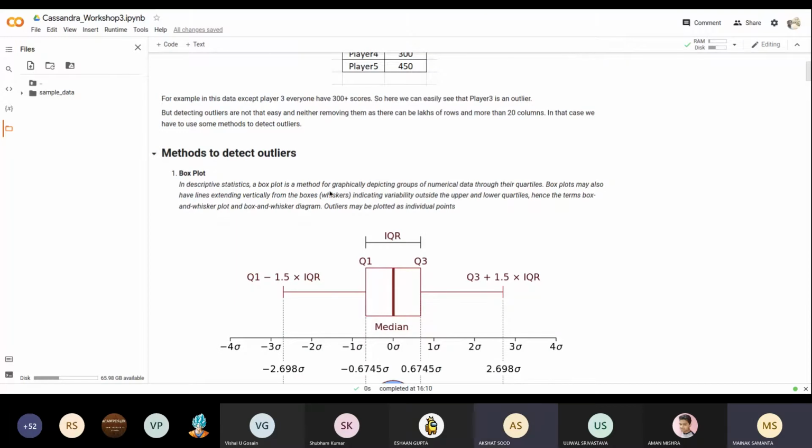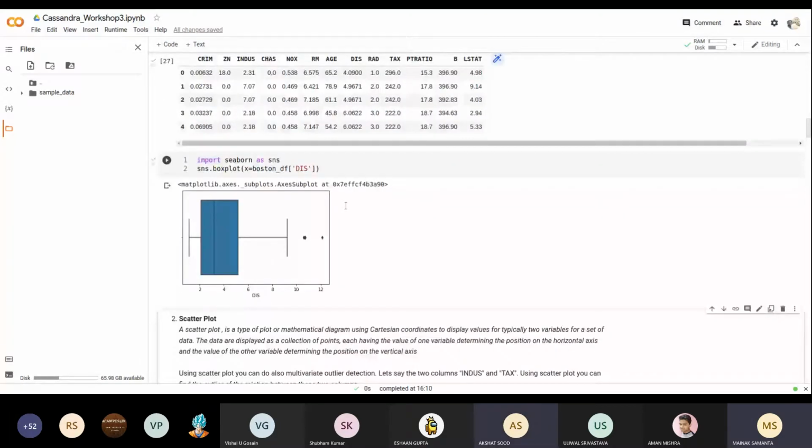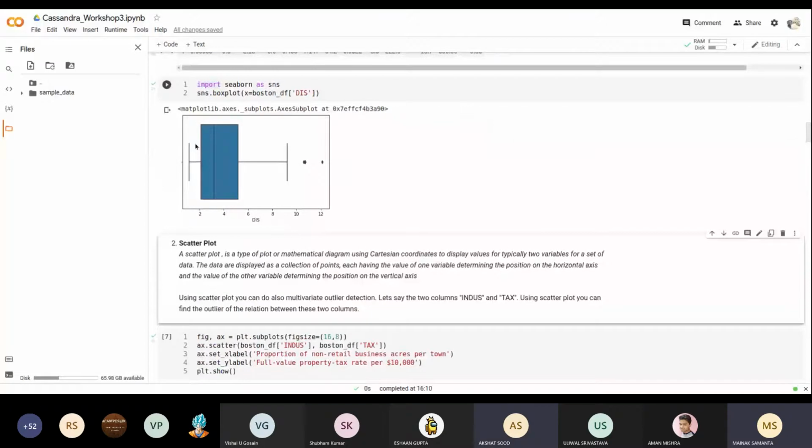These lines here are the whiskers. Whatever points are outside the whiskers will be outliers. So here you can see that there are three outliers. You can't extract them from the data set this way, but in this plot you can see them.